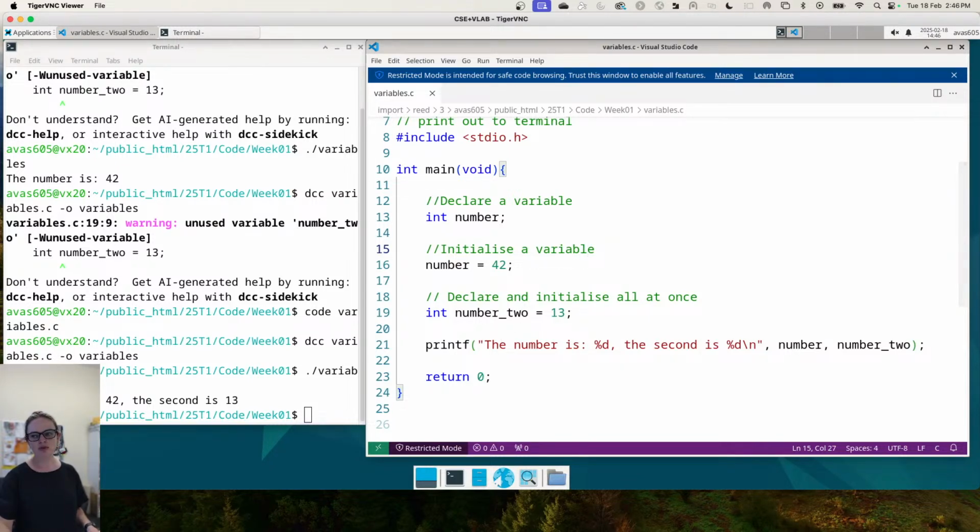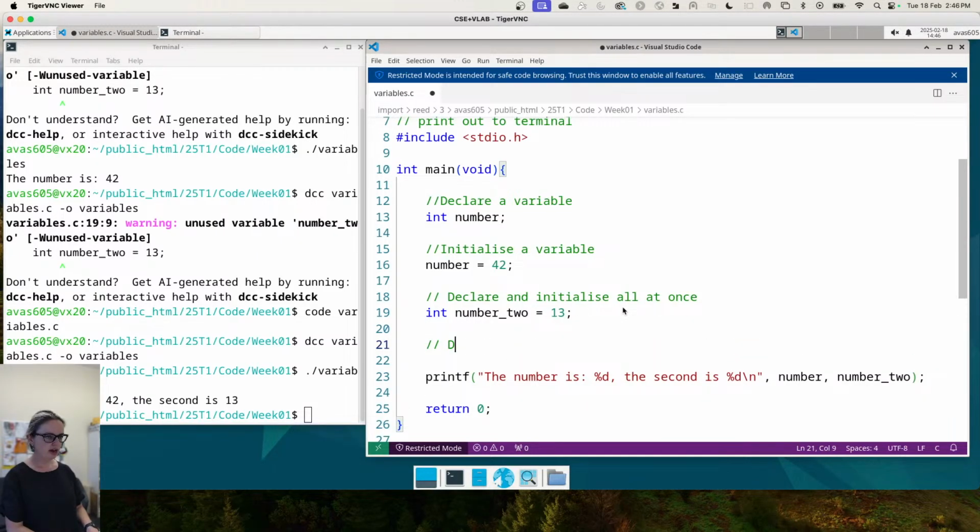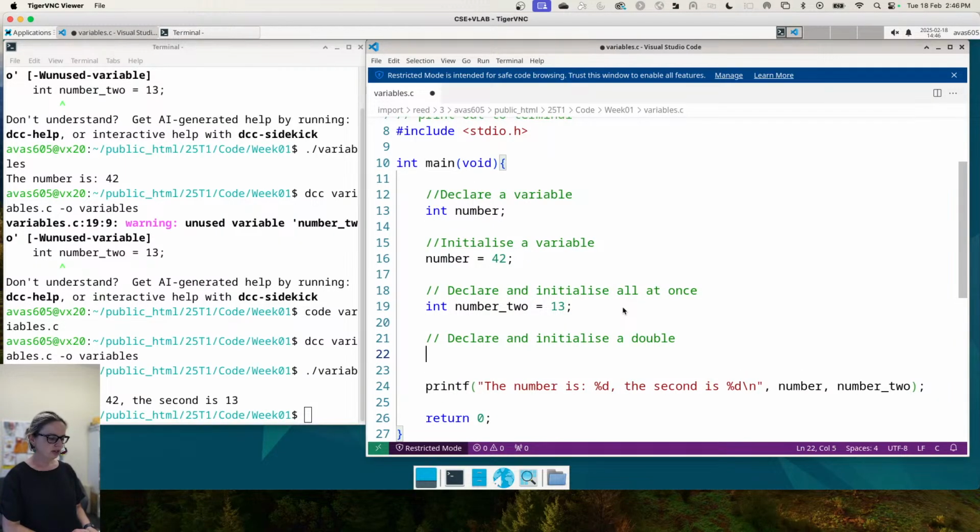Okay, you've got your numbers. You can print them out now to terminal. You can do 2 numbers. You can do many numbers. You can do all sorts of things. So let's bring a double into the picture, shall we? Why not? The world is our oyster. So now let's declare and initialize a double. Okay, so if I do a double, I will say that I want a type double, and then I want